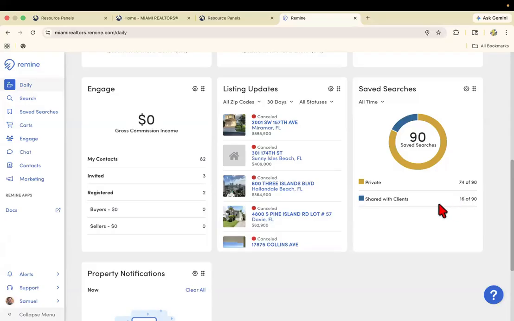All of those searches can be located here on the left where it says saved searches. All right, guys. Next up, I want to make sure that I mention that Remind can be used as a